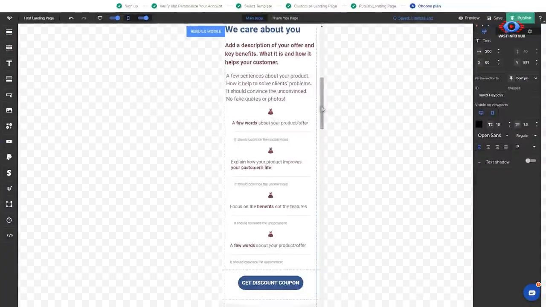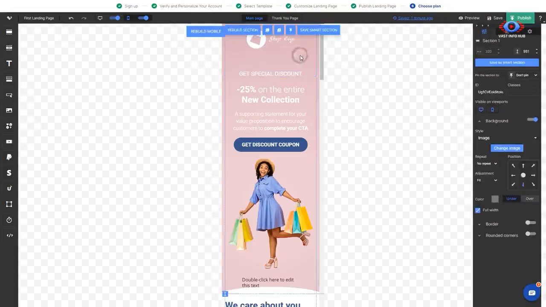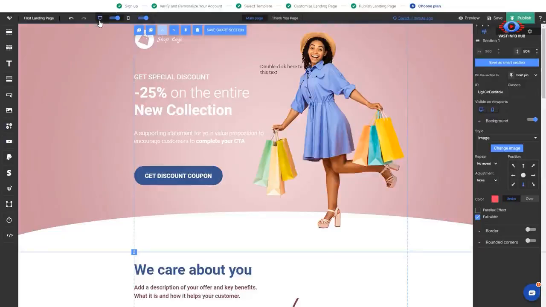The elements on the mobile can be adjusted manually by moving them around within a section or using the two buttons: Rebuild Mobile, which adjusts all the elements within the section, and Rebuild Section, with just the elements in the particular section. Getting back to the elements or widgets, as it's called, you can drag and drop them from the